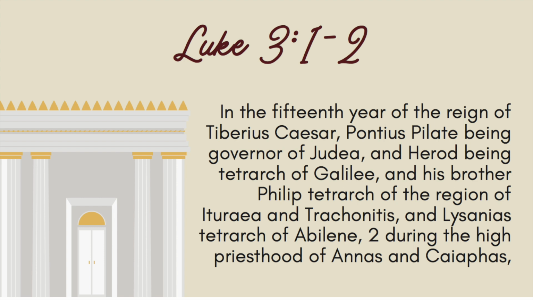He's a tetrarch. He's in an area of Iturea and Trachonitis, and you go, I really don't know what that means. And especially Lysanias, tetrarch of Abilene, you really don't know what that means, because that's not really in our card catalog of New Testament understanding. And then you understand that the high priest is Ananias and Caiaphas. And so you're understanding, okay, this is who's in charge. Here are the dynamics. Here's what's happening.